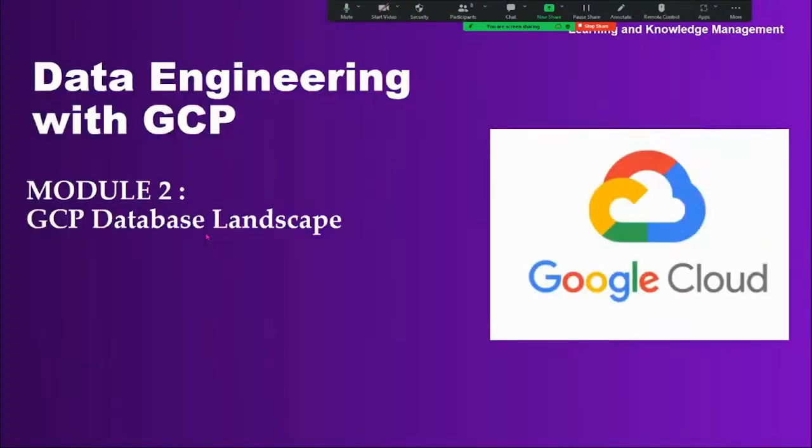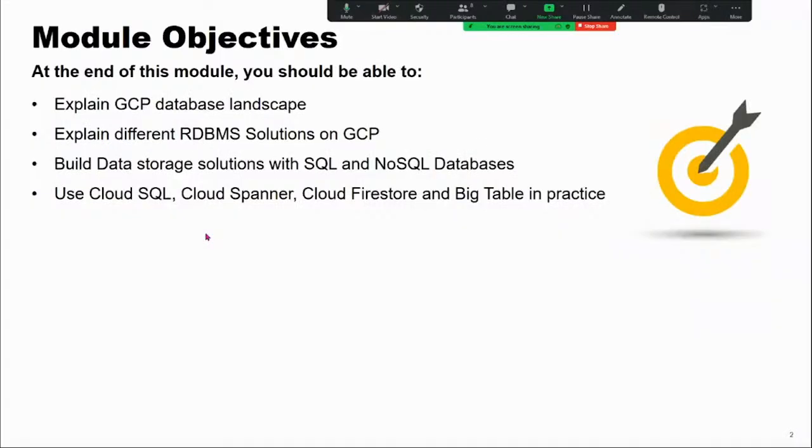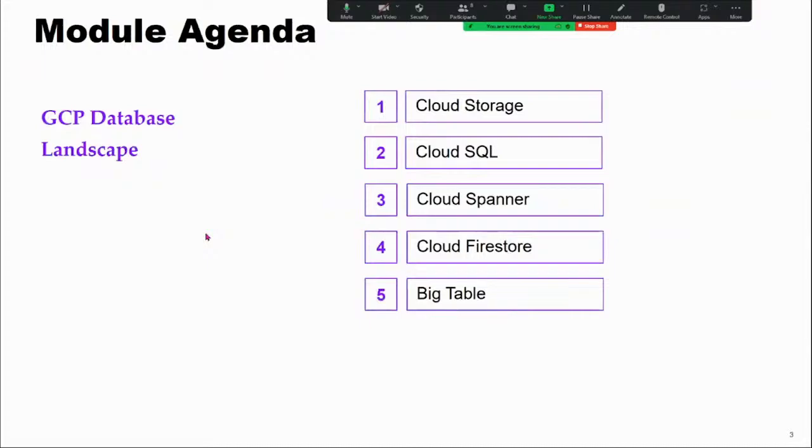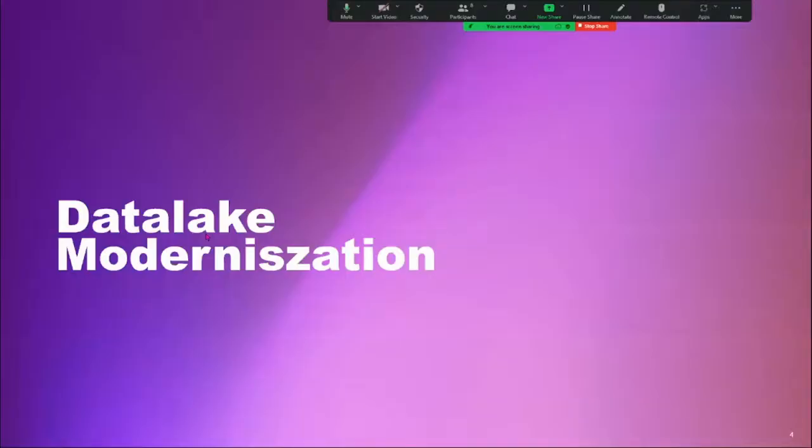In the GCP database landscape, this is the agenda, guys. We are going to explain the whole GCP database landscape and the differences between RDBMS and NoSQL databases. And we are going to look at Cloud SQL, Cloud Spanner, and Bigtable. So these are the things. First, we're going to see